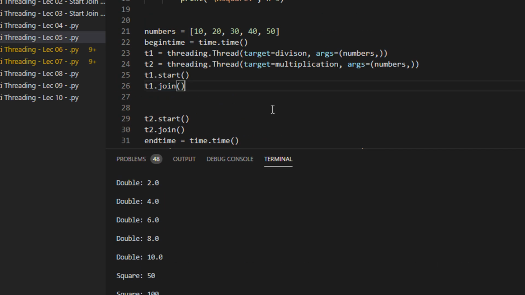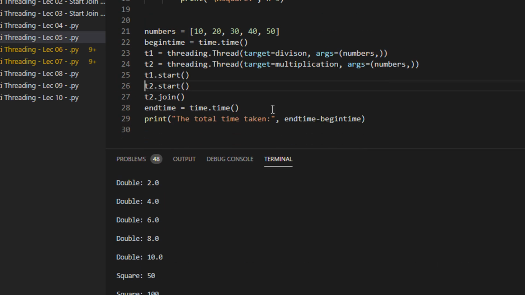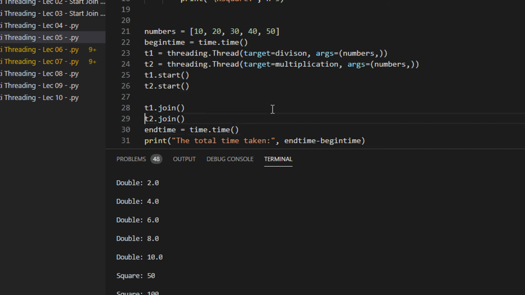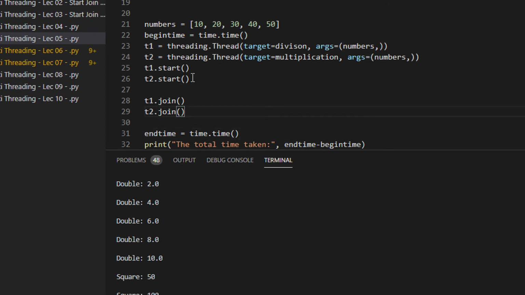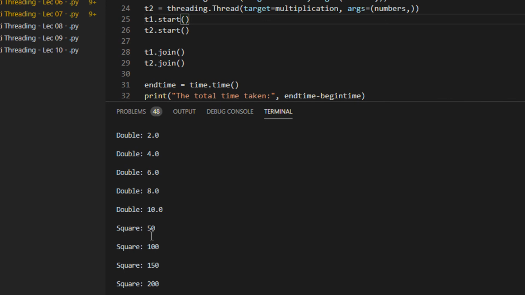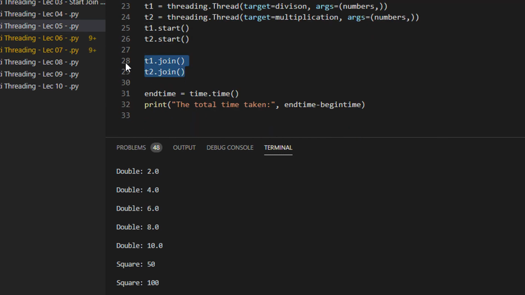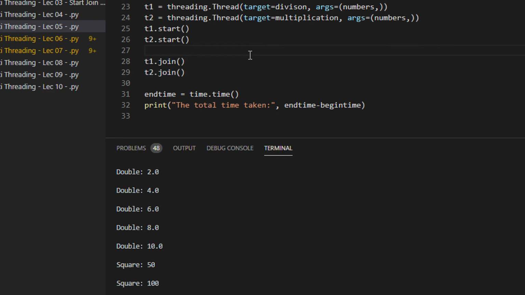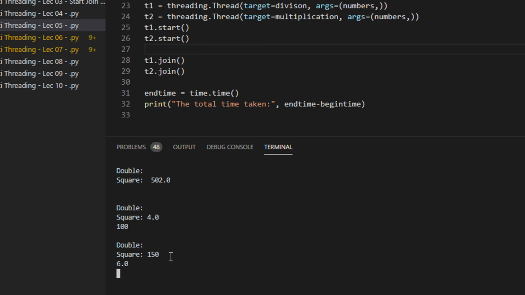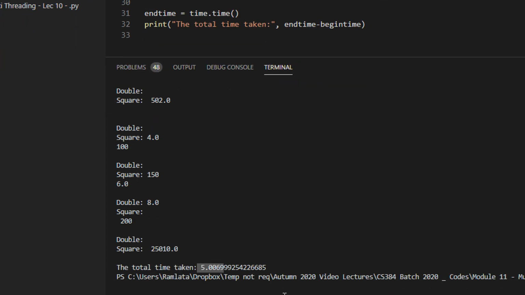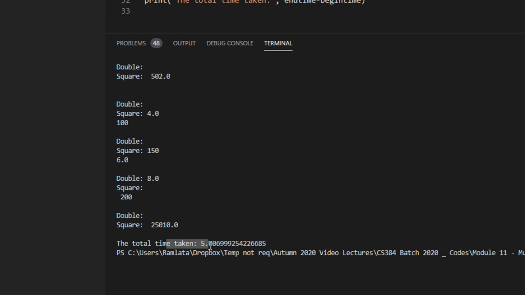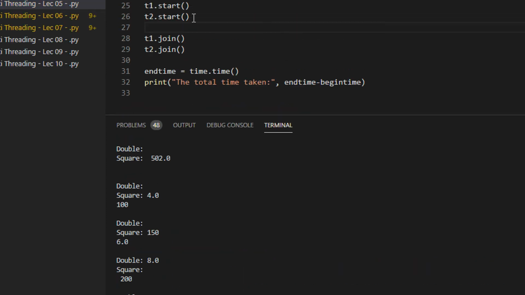So you would say that again threading has caused no difference at all, right? So now let me just change one sentence. I'm executing both the threads independently, and since both the threads start independently the moment I'm doing start, you can see this will get a mixed up double square something like that, but eventually I will wait for both the threads to get completed. Now let us see the output here. You can see double square, double square, and in this case the total time taken is only 5 seconds. Now why did this happen?